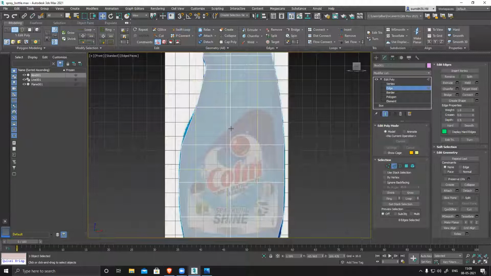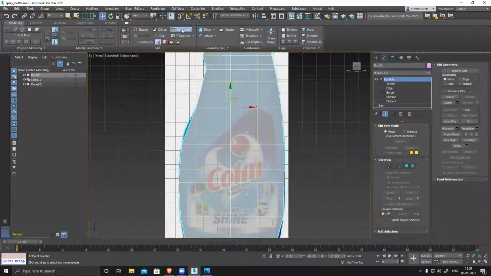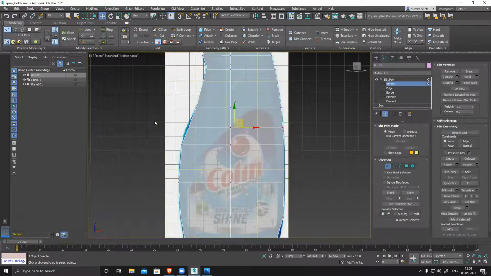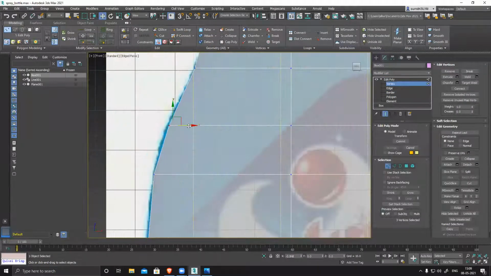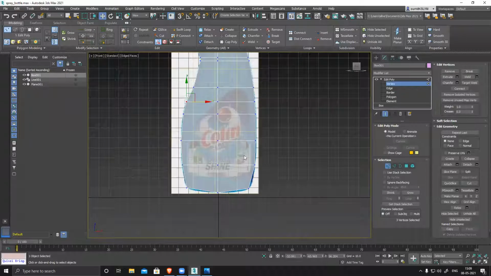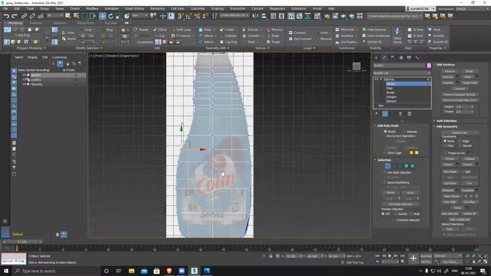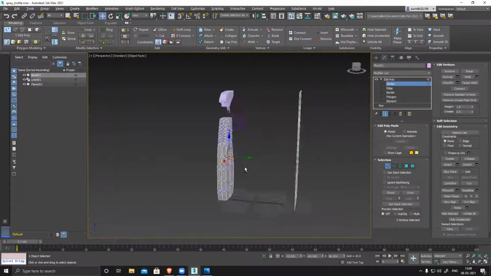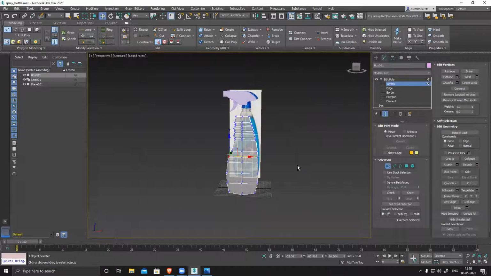Let's add one more loop. You see most of the areas become quite smooth in basic shape. But if you go to perspective mode, you can see it's a rectangular shape. So the bottle is not rectangular in nature.